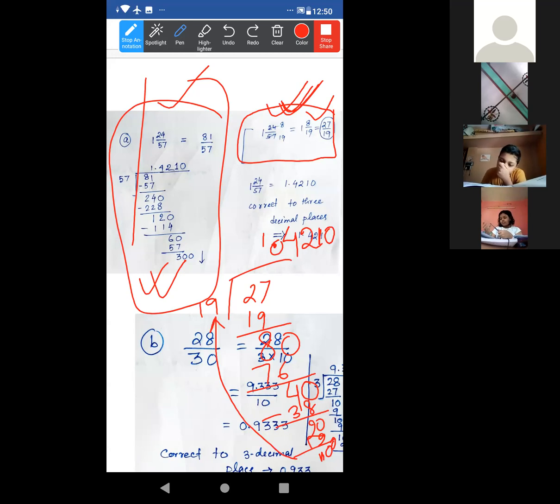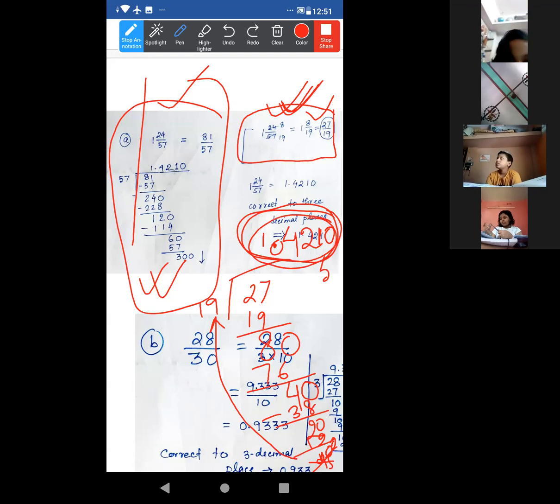Now no need to do the calculation after that, because here we have got the 4th place. Look, 4th place decimal. Understood? So now again it will be 5 1995. No need to do this because we have already got the 4th place. All of you, this one is clear? If yes, then shake your head.